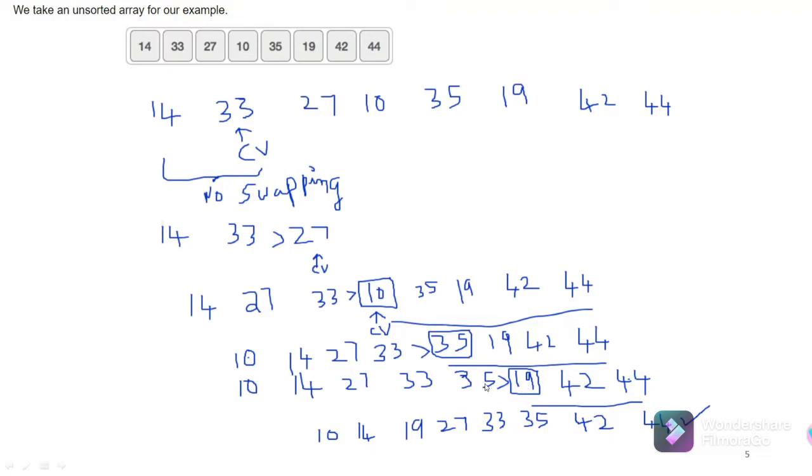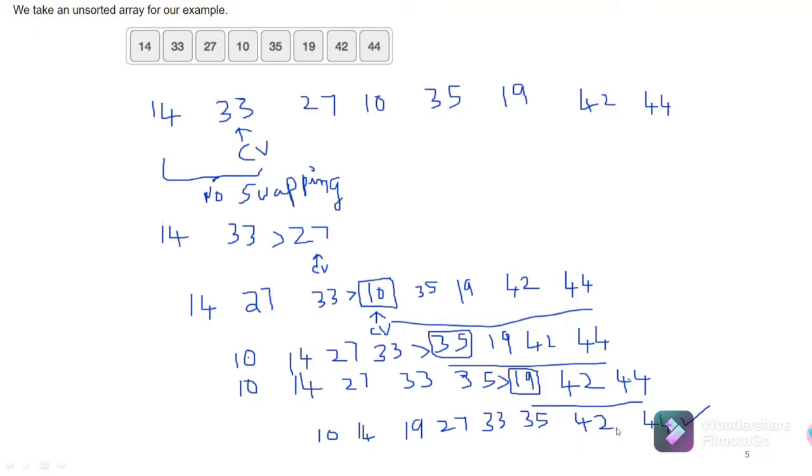Yes, the previous element is greater than 19, so 35 is shifted one step right, and 19 is compared with the previous element 33, which is greater, so 33 also shifted one step right. 19 is compared with the previous element 27, which is greater than the key element, so 27 also shifted one step right. Then the 19 key element is compared with the element before, 14. Here the previous element is less than the key element, so it is the reference element. After 14 we are inserting 19, but before 27.